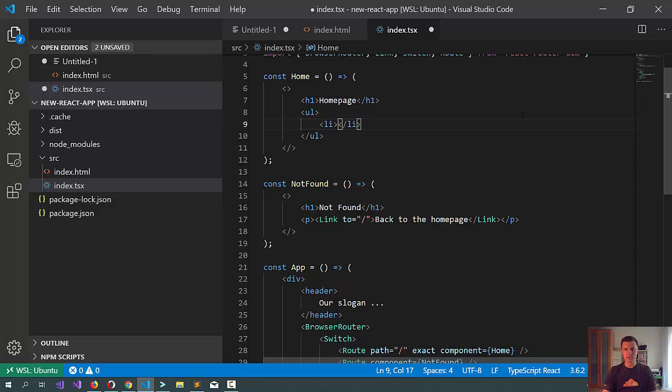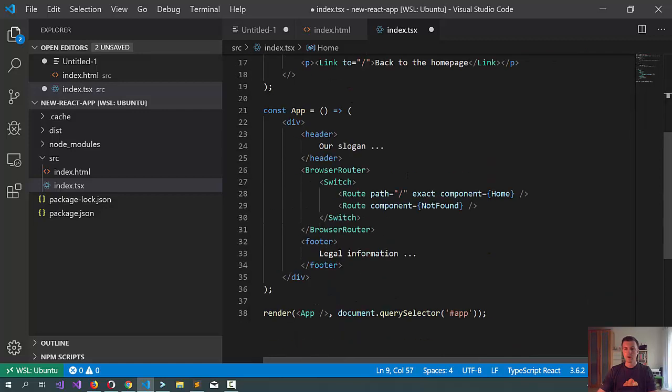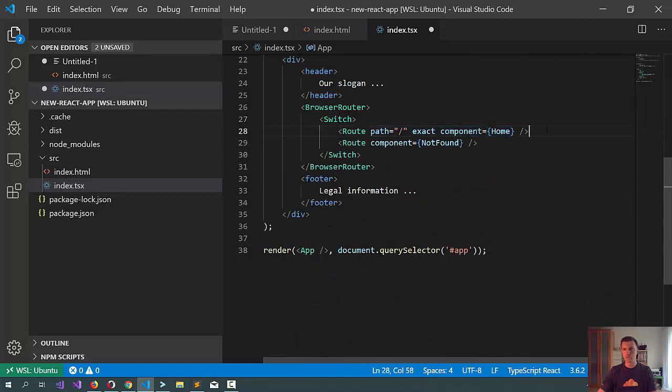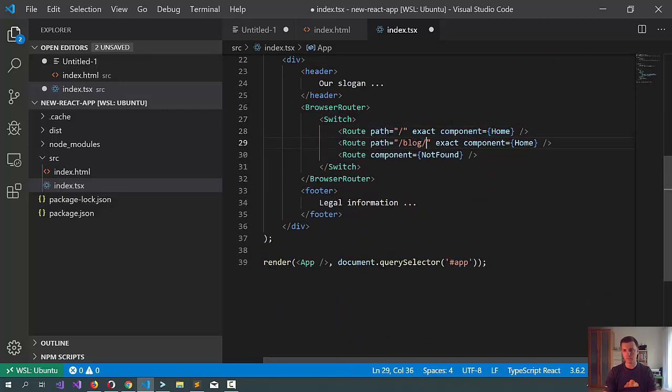How it should look like in the end is that we just get a list of all the blog posts that then refers to them, like a hello world kind of blog post here, and the same holds true for our routes, right? So we have a blog, hello world,